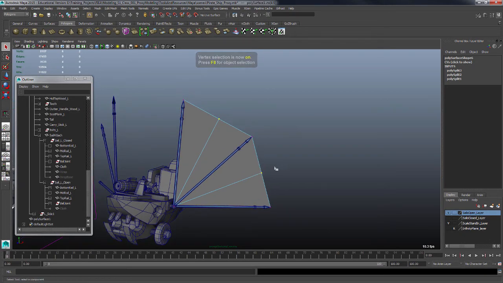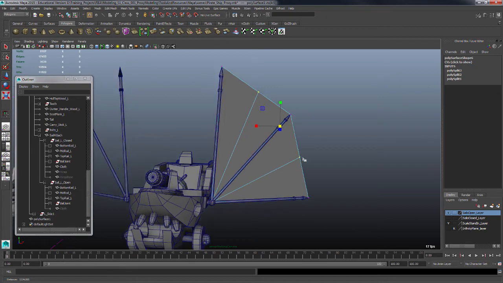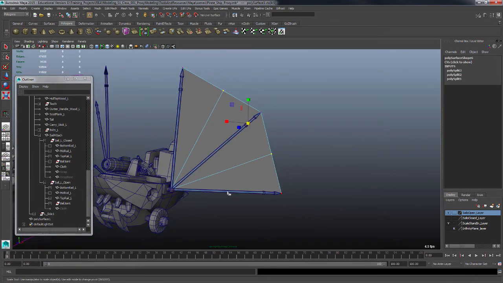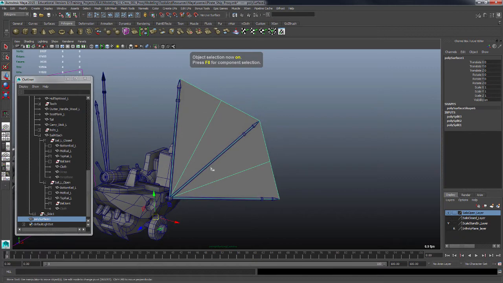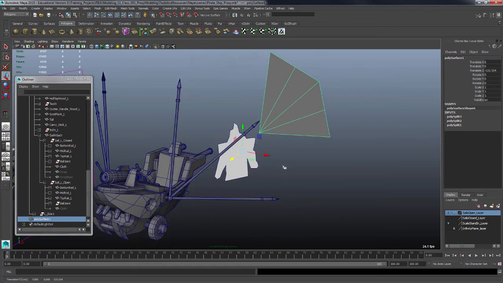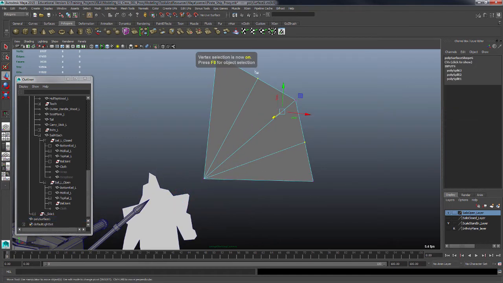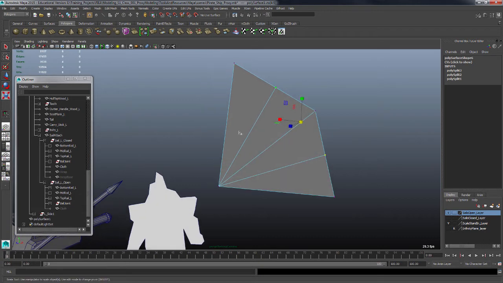So I can select my verts, and if I scale just by the point here, it's possible to do it that way. But what I really want is my pivot point to go down to the center. So to make life a little bit easier, I'm just going to move this thing out of the way, kind of like that, just to not get confused with anything else. So we'll hit F9, select our verts, and if we'll put on the scale tool,